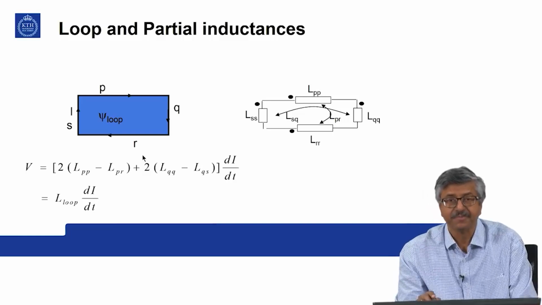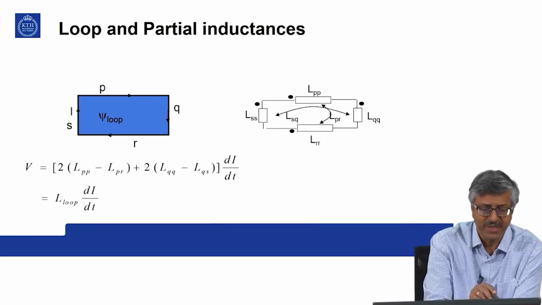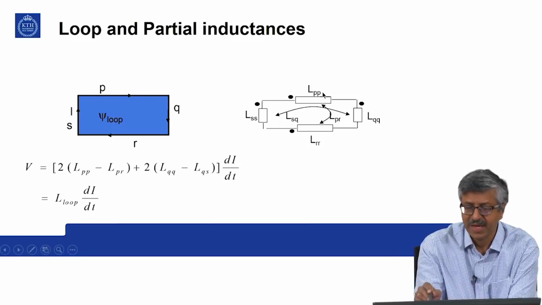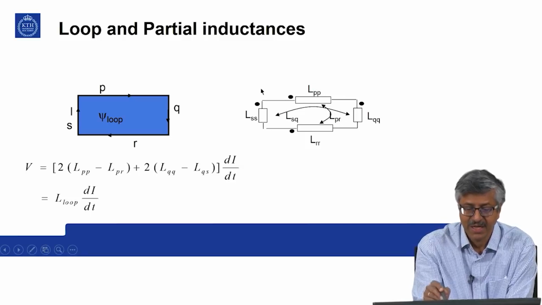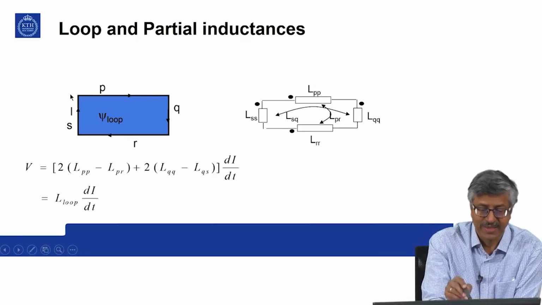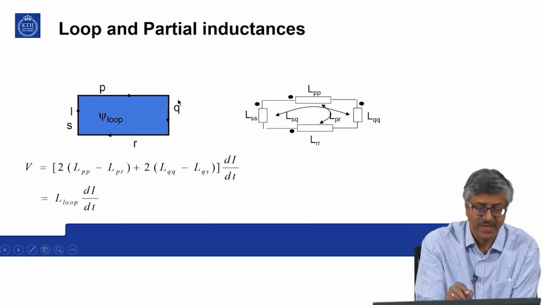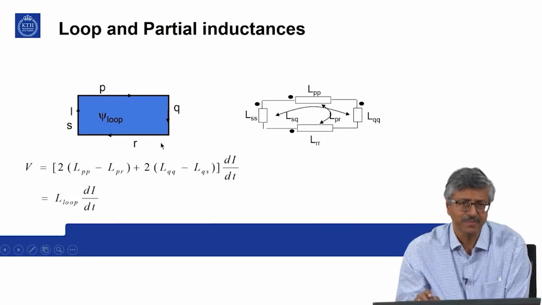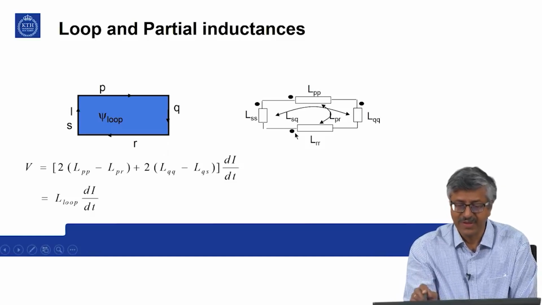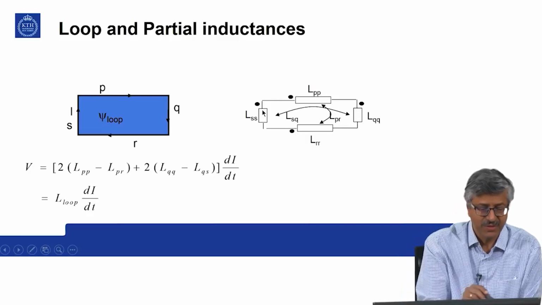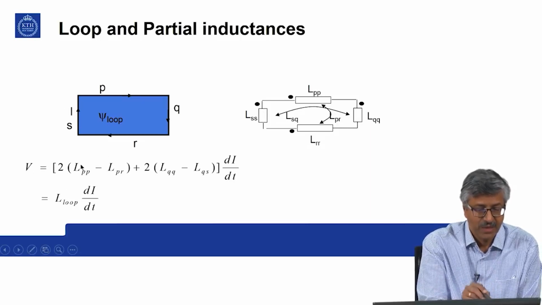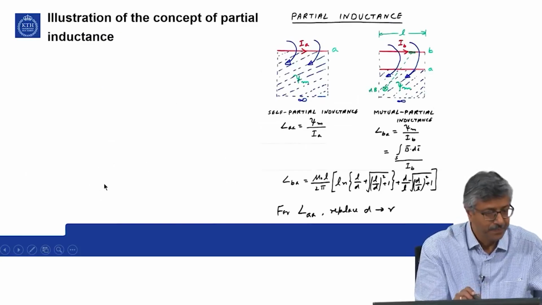So, in that case, you can assume that this portion, say side P, has a partial inductance, and this portion is assumed to have its own inductance, this portion another inductance. So, you are assigning to each piece of this wire, which are oriented differently, one inductance value. How you define this inductance value, that we will see in the next slide, but if you can define like this, you can calculate the total voltage drop as V equals loop inductance times di by dt, and